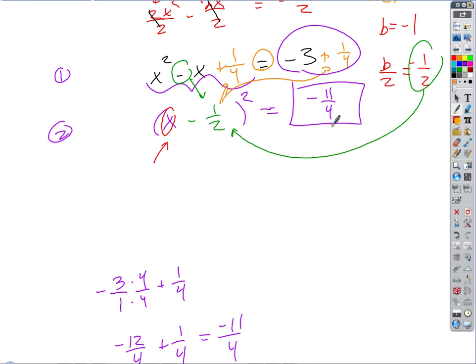We're done with completing the square now. That's kind of a lot of work, but look what it did for us. It got us to a very simple equation to solve, right? So now we can stop completing the square and solve this equation. Right? So let's